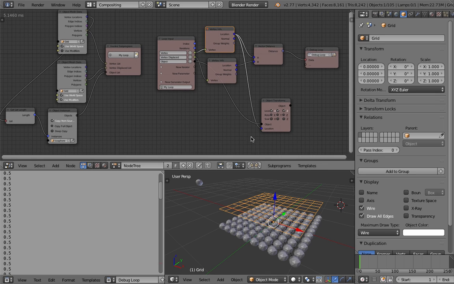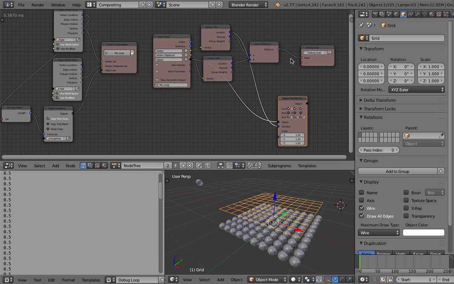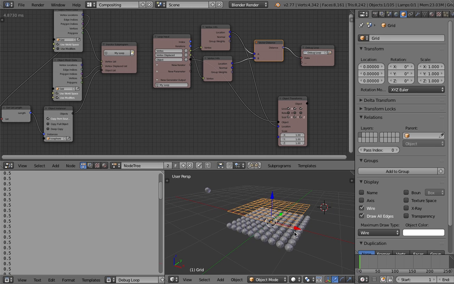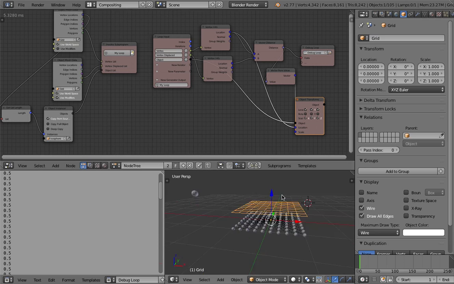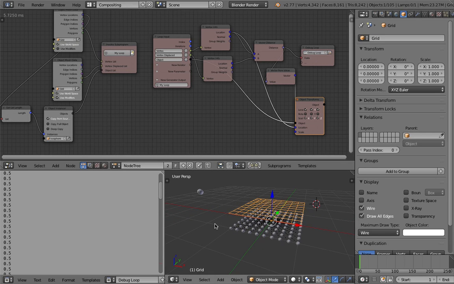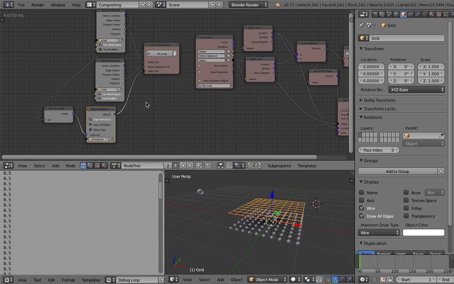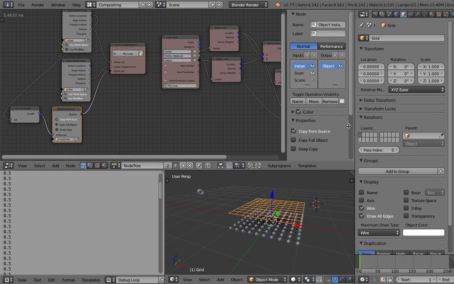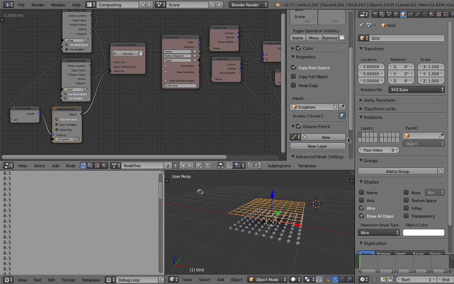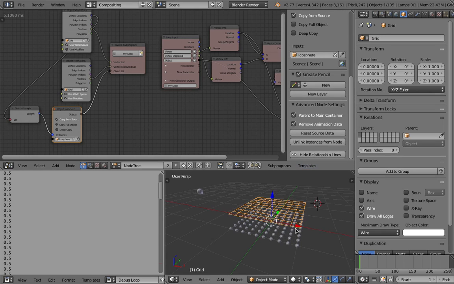And next, what we're gonna do next? I will actually, using this vector distance that's comparing the points between the default position and the displaced positions, we can easily pipe that in to the scale like that. Very easy. And then the lines, don't worry about the lines, we just gonna hide it. Object instancer, advanced node settings, hide relationship lines.